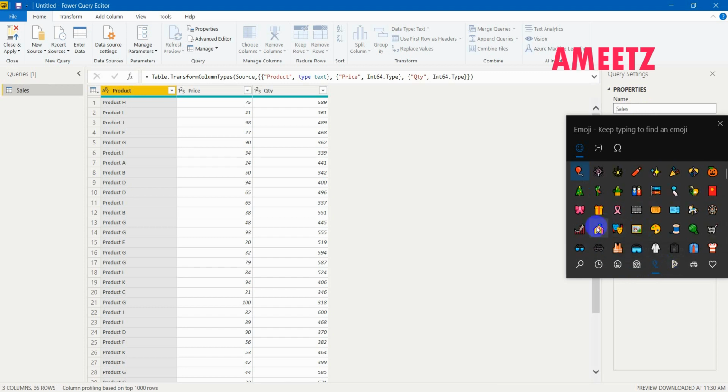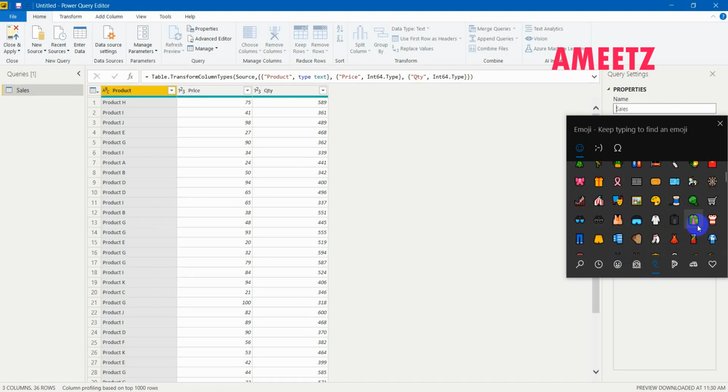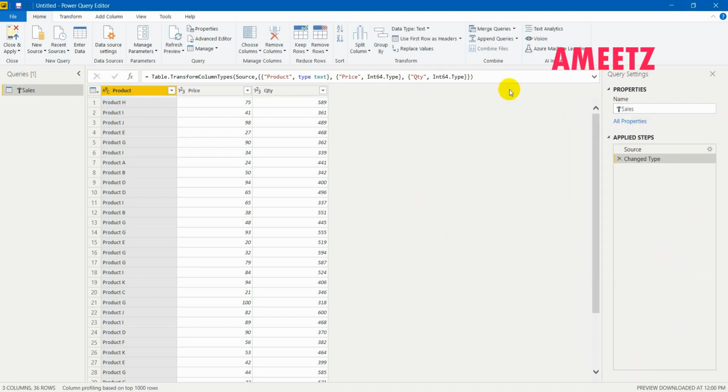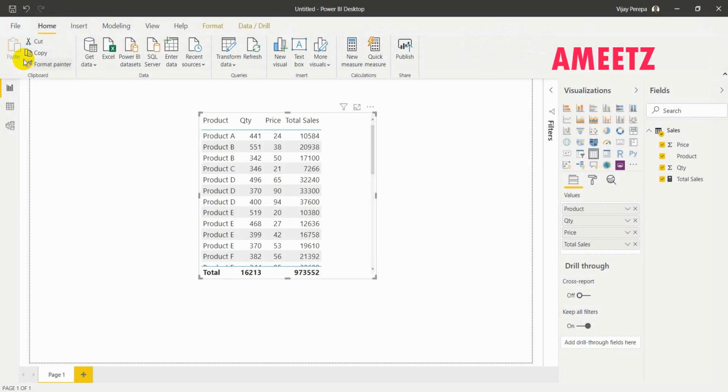You can select any one. For example, this is my sales table, so let's say it's a shirt sales table, or a necktie, it is still indicating a shirt, I'm just selecting it, and then if I just close and apply, you can see now the table contains an icon, a shirt icon with a necktie. So this is one way you can make your table names much more interesting and exciting.